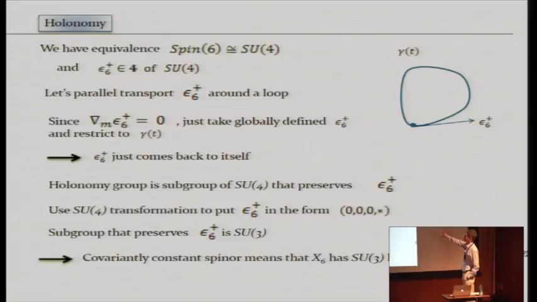if there exists a globally defined covariantly constant spinor, you can just take that, restrict it to the loop, and then contract it with gamma dot. So in other words, differentiate in the tangent direction. And because this thing was covariantly constant, that gives you a solution to this ODE. And for ODEs, of course, you have existence and uniqueness. So once you specify the initial value, you specify the final value. And because this is globally defined, you just end up coming back to yourself. So nothing happens, really.